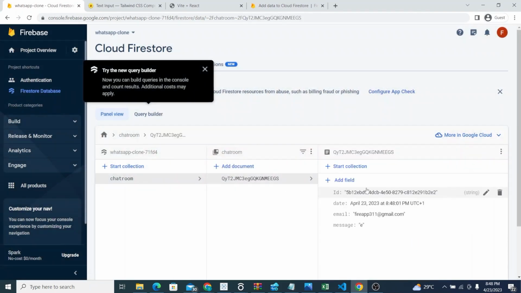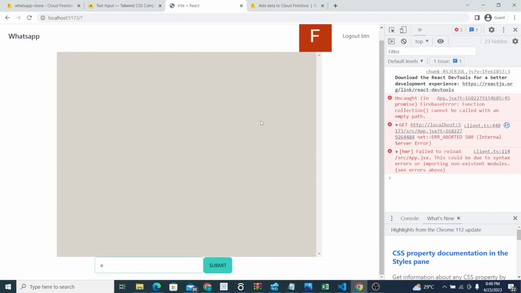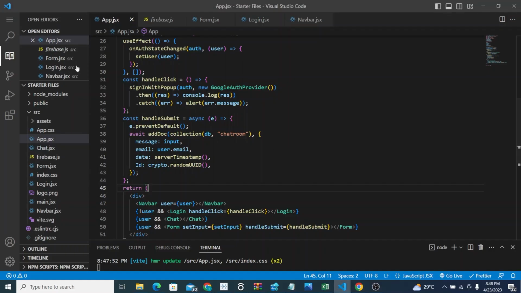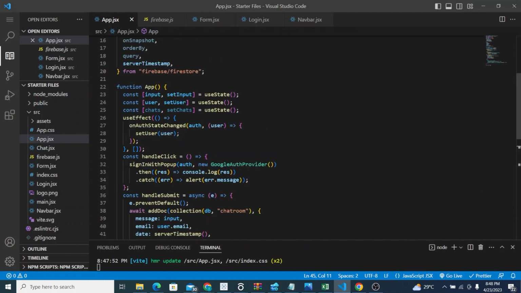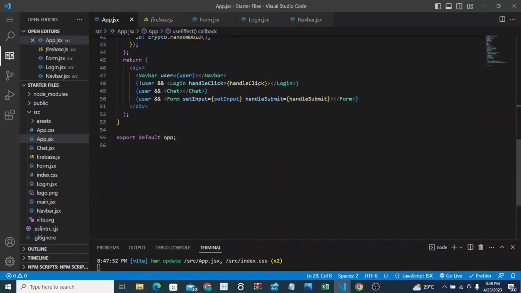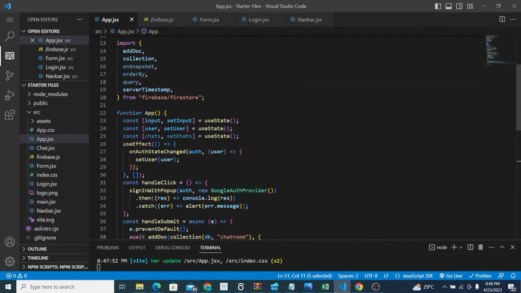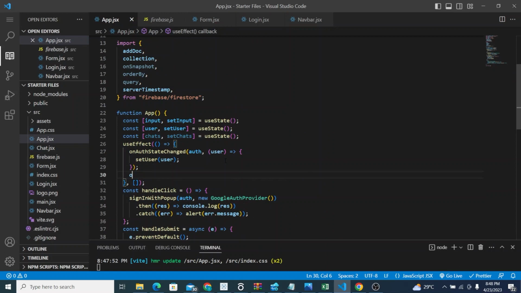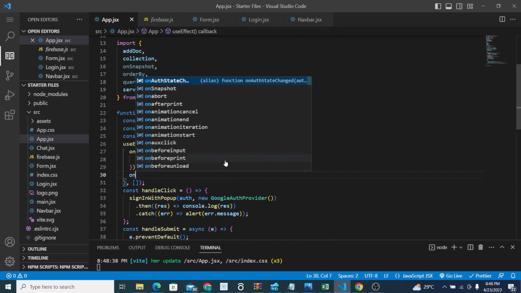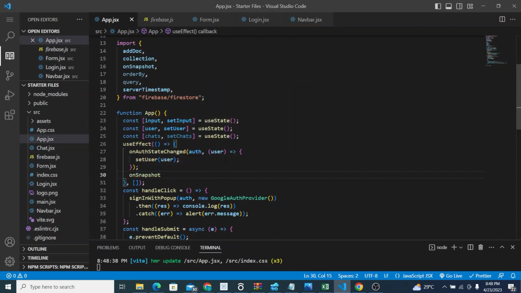Okay, now, so we are able to add chat, but we're not able to see the chat, right? So that's what we want to work on next. I want to load the chat only when there's a user and populate whatever is in the chat component. So we're gonna use a real-time snapshot listener so that when the data changes, we can see that in real time. So on snapshot,